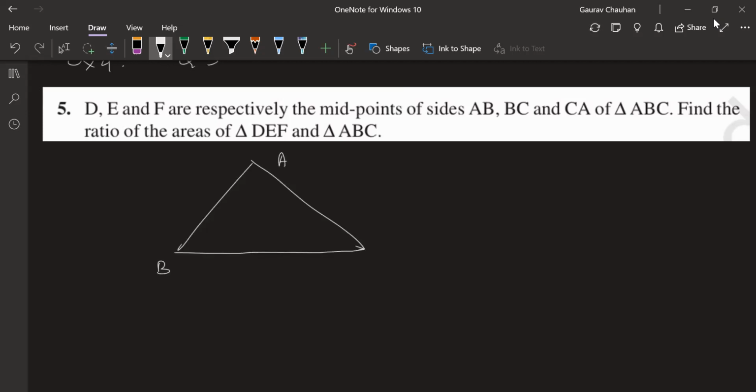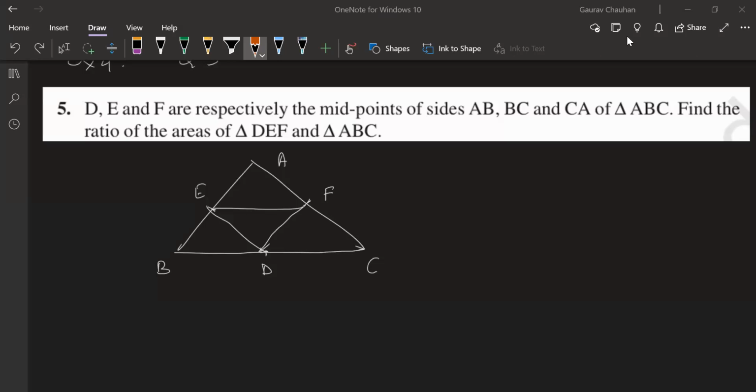I'm just going to give a hint, okay? Triangle ABC, D is here, midpoint. D is midpoint of AB. E is midpoint of BC. And F is midpoint of CA, okay? Deepak, first of all, draw the triangle DEF. Now my hint will be, you prove this as similar to this whole big triangle. For that, you may need to use the midpoint theorem. I don't know, you might need to use a few things, okay?